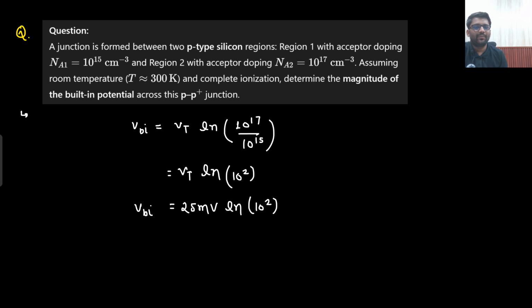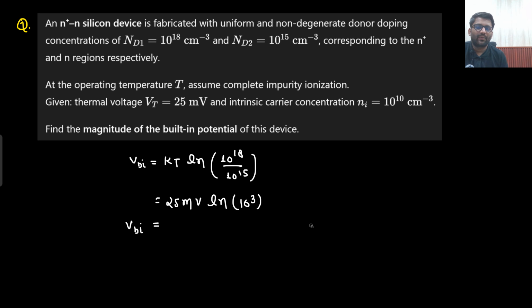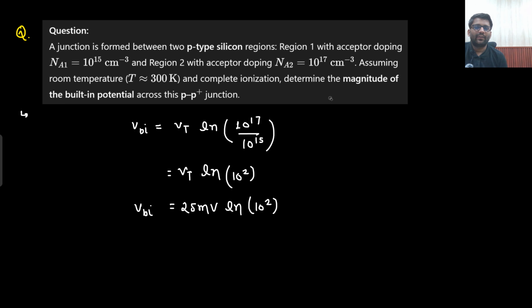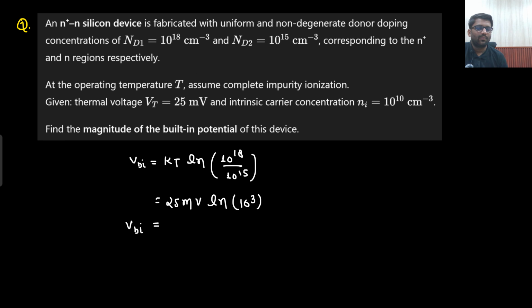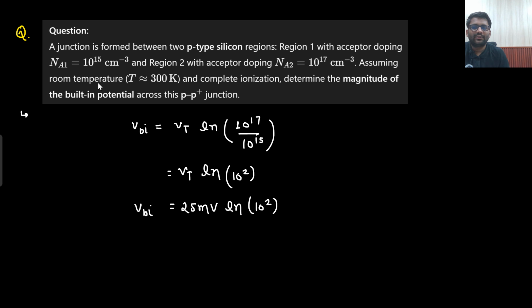Now PN junction will simply be a cakewalk for you. All the formulas, everything you will derive, built-in potential you can calculate and you will get your answer. So 25 millivolt ln 10 to the power 3, 25 millivolt ln 10 to the power 2. Both have been asked in the GATE examination only. Okay, so they are GATE questions only. So I hope you have understood the whole scenario of a